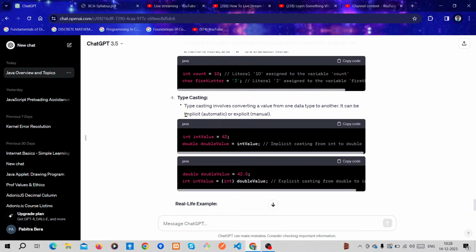Type casting involves converting a value from one data type to another. It can be implicit, automatic, or explicit, manual. For example, int intValue = 42, and you can convert the data type int to double.